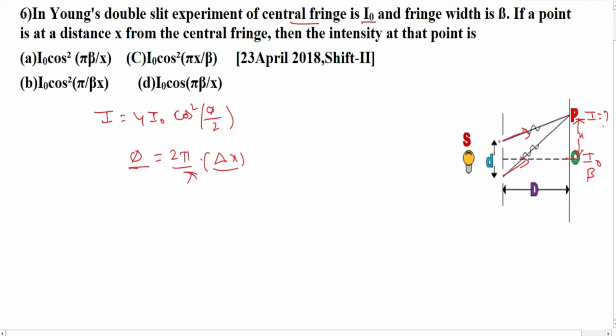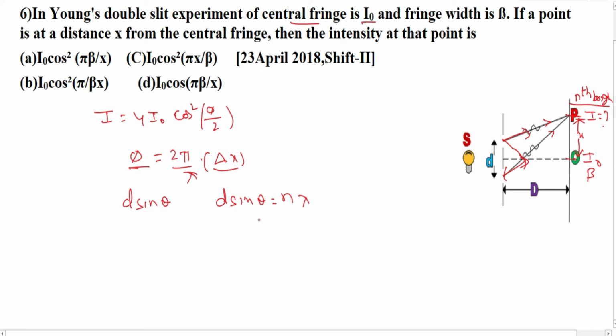We know that in this case the path difference between these two waves will be this distance, which is nothing but d sine theta. So the path difference between these two waves will be d sine theta, and let me assume that at this point I got my nth bright fringe. Now for nth bright fringe to be formed at point P, the value of d sine theta should be equal to n lambda. That is one point.